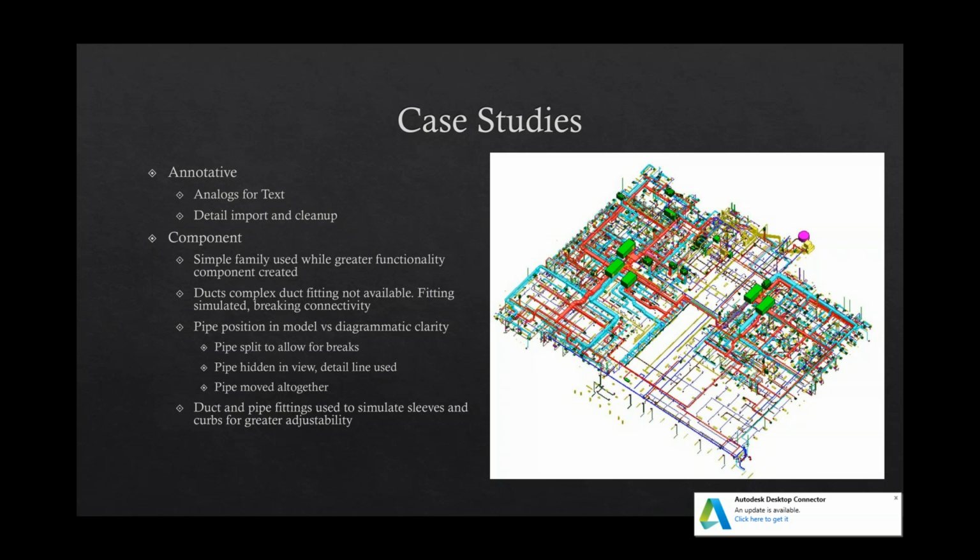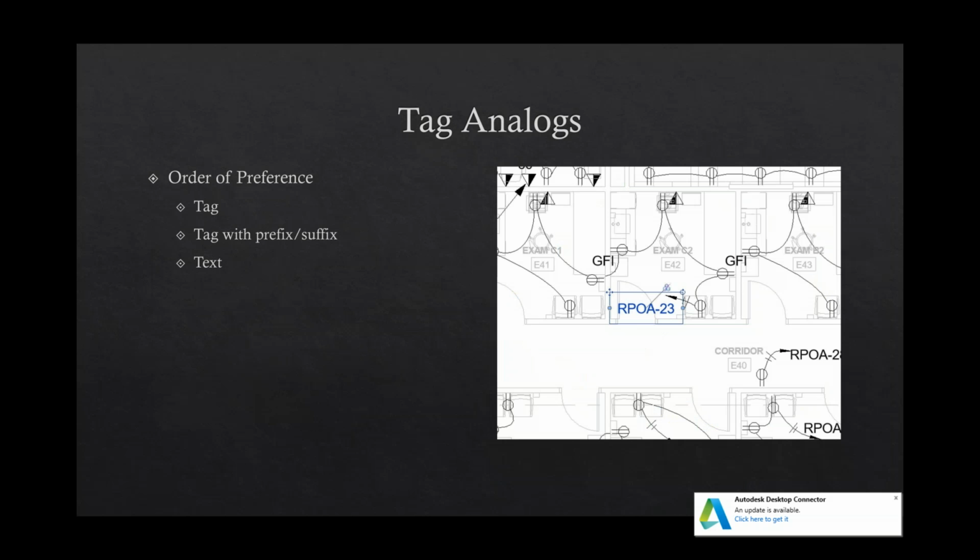So I do have some examples for the other case studies. One thing we've done is for tags. Again, at the end of the day, what I always recommend to my team is that we want to always use things in order of preference in Revit. We want to use the most robust option at our disposal, because otherwise we're crippling ourselves. We're not using the full ability that Revit has to offer and why we're using the program. So most of all, we want to use a full tag that has the proper intelligence, that's going to look to, say, this example here, and find what the identity of the home run is, and actually know the panel